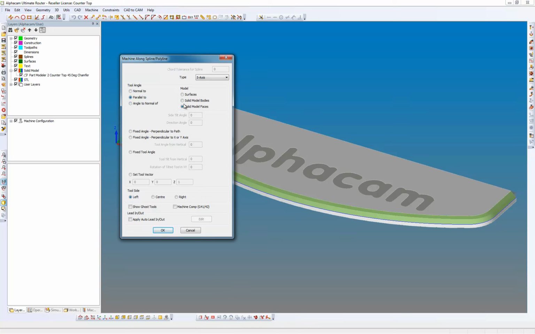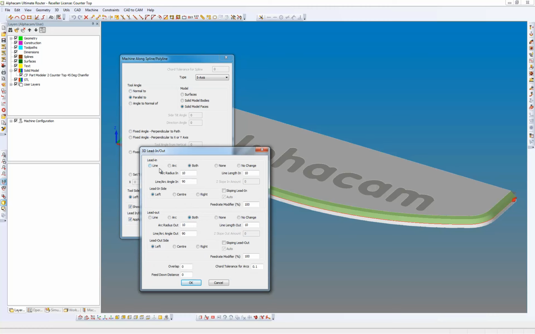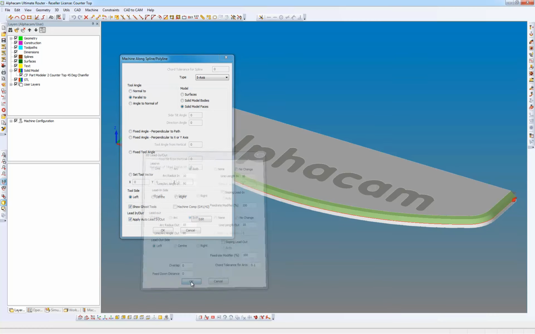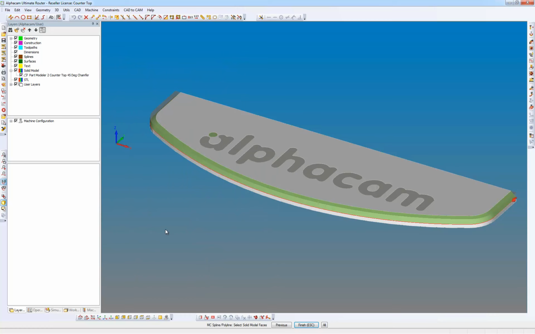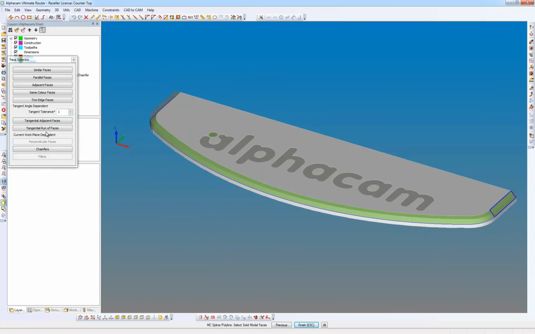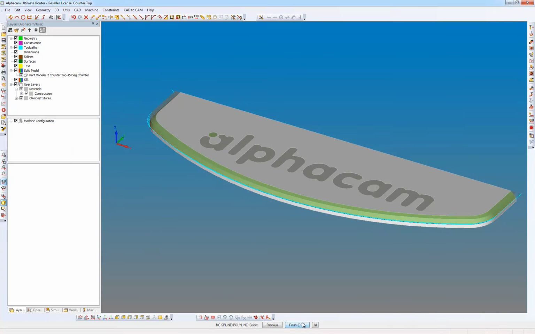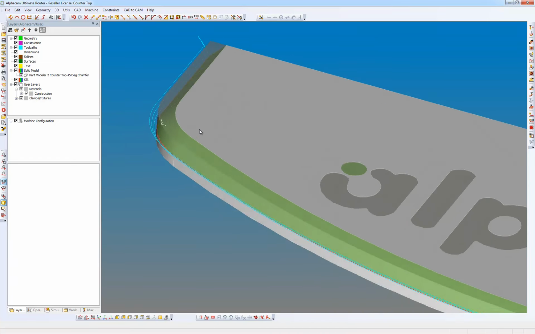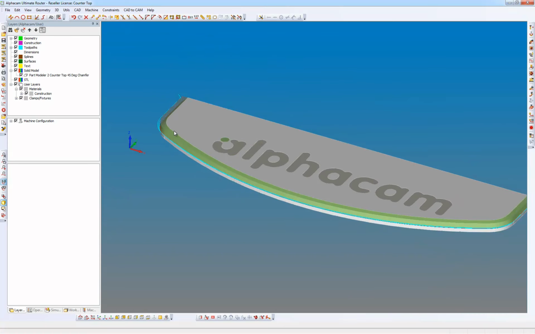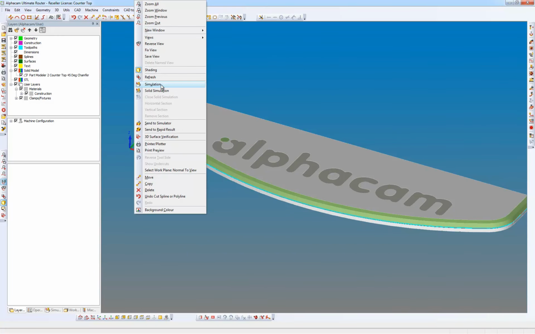and we're going to go parallel to solid model faces, show the ghost tools, and we want to cut to the left, and we're also going to apply a tool lead in, lead out. So select the solid model faces, and we're going to do a tangential run of faces, finish, and here we can see the toolpath created. So if we do a simulation and play,